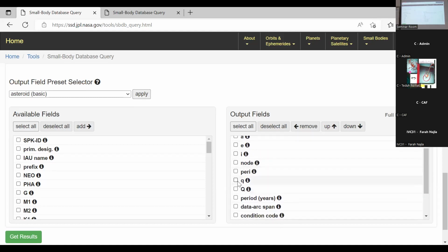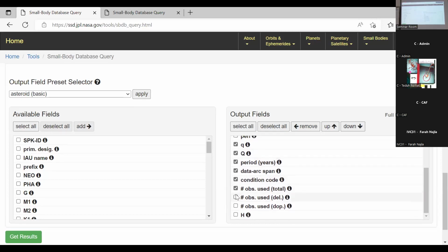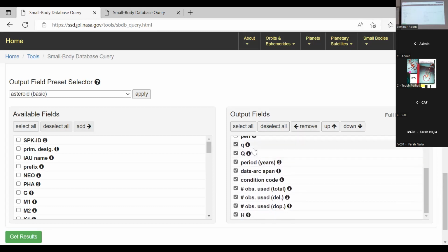But you do not need this one. For simplicity, you just take the 6, then deselect the others from small key to H, large H. Maybe you want to know the name of the object, right?